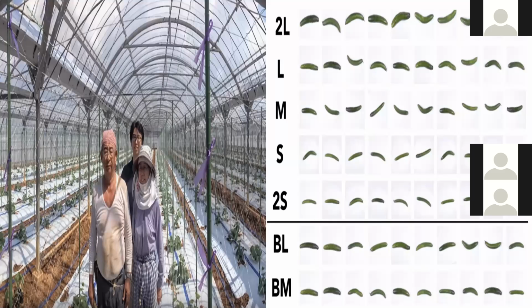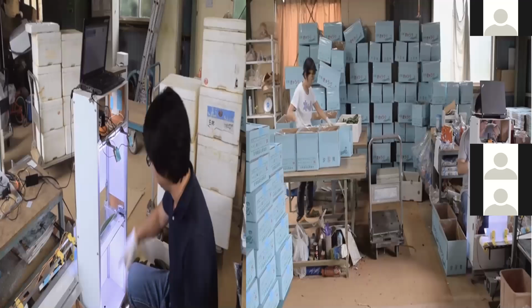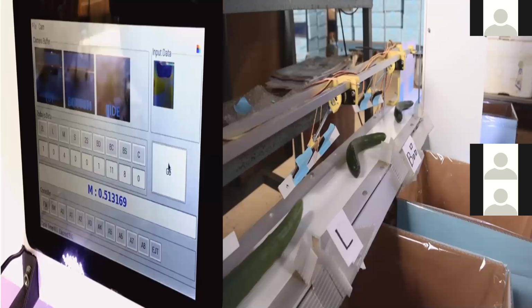If they put everything in one bag, they will not get proper money. So they have to segregate and sell to different buyers at different costs. The main problem is that segregation takes a lot of time. So his son developed some computer vision based technology to automatically segregate the cucumbers based on size, small and bigger. For example, when a cucumber comes here, there will be a camera at the top, with infrared or something. Based on the size, it will be put into different boxes. It will minimize the time for the parents, and this is what is happening.